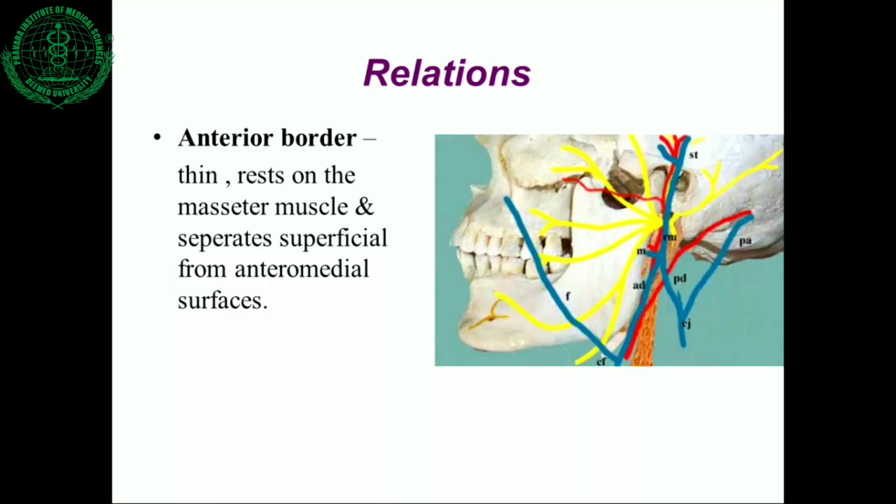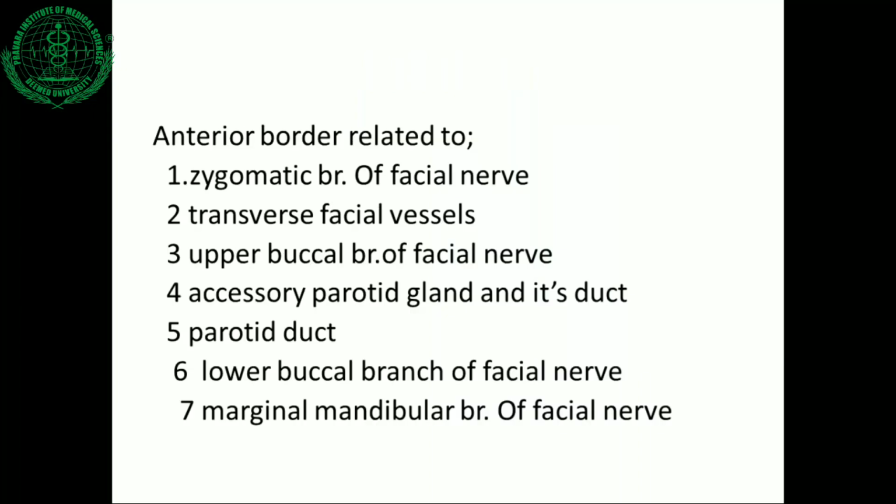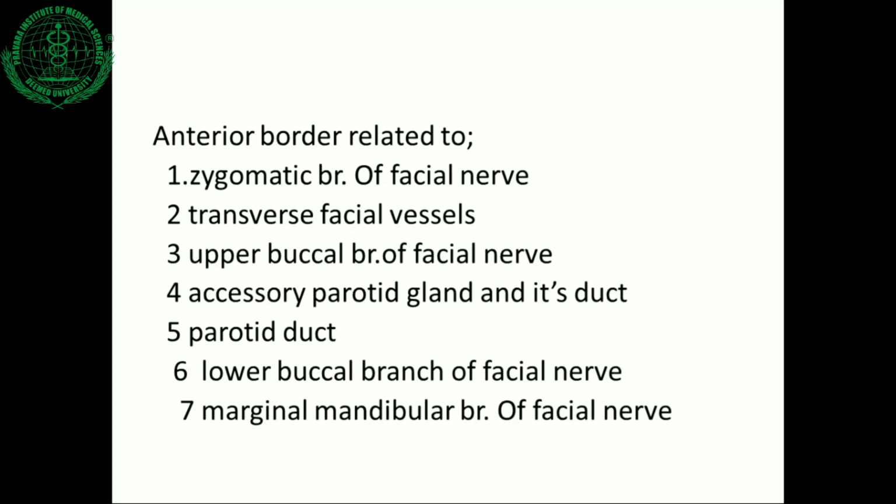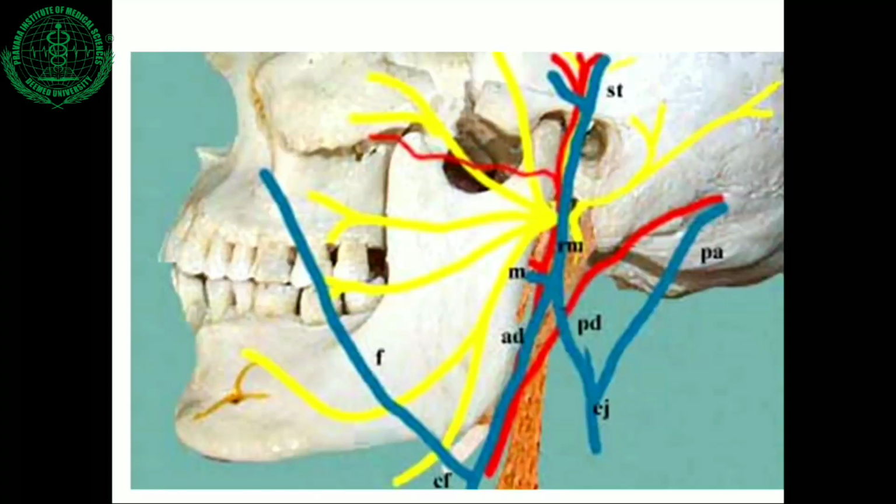The anterior border of the parotid gland rests on the masseter muscle and separates the superficial from the anteromedial surface. The different relations from the anterior border of the parotid gland are